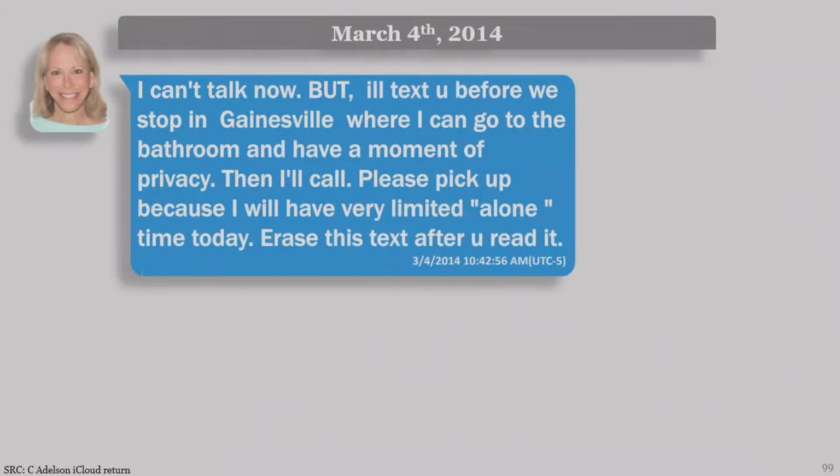Erase this text after you read it. Was the text erased? The text was still in the iCloud return, so I could not tell you if it was deleted from the device or not. You never got the handset that iCloud is associated with. That is correct. And that would be Charlie's phone. Correct. Okay.